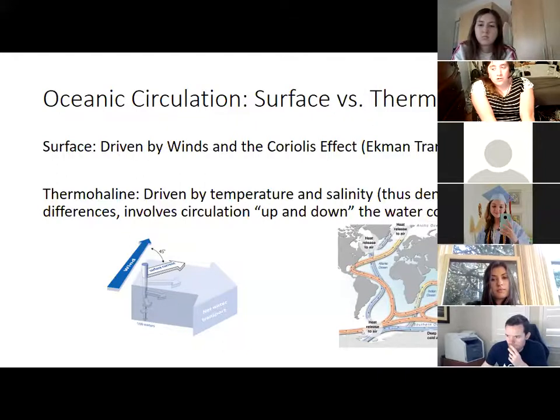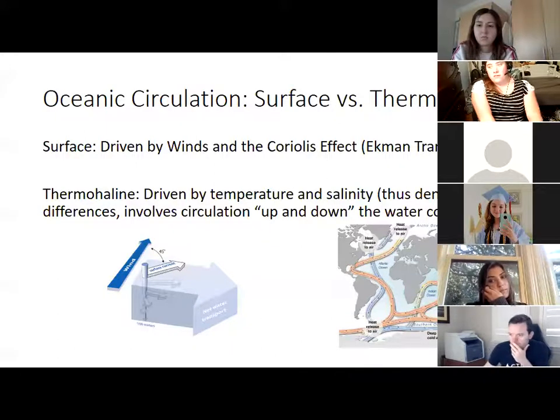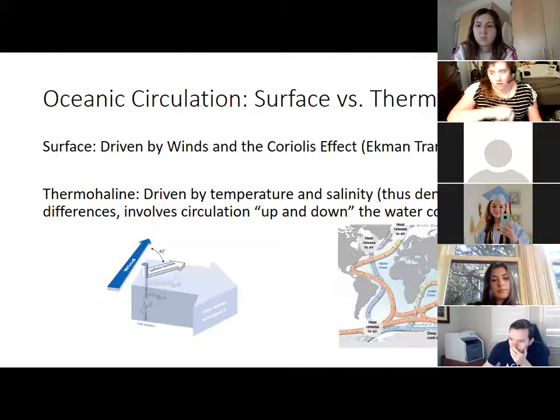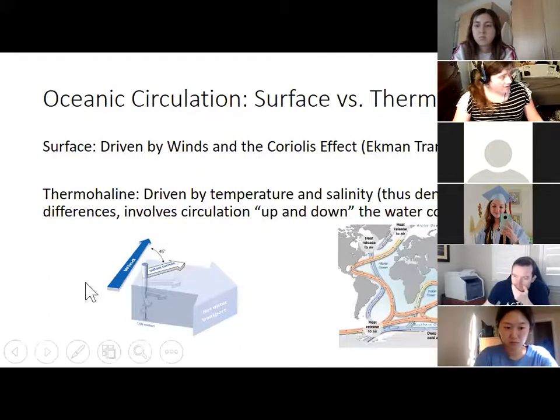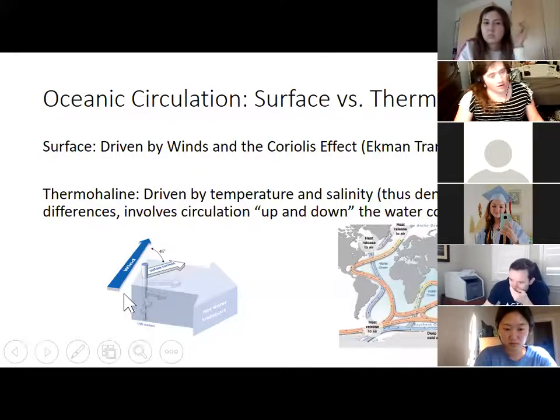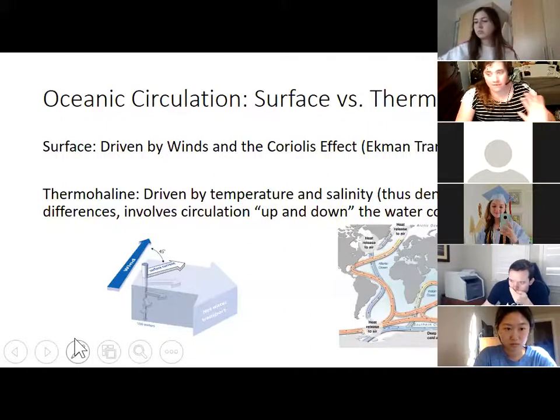Ekman transport drives me crazy in that there's a very strong urge to see something that says, oh, this is the wind direction, and be like, oh, I have to put the Coriolis effect in. And no, the Coriolis effect is getting brought up because the wind has presumably been deflected by the Coriolis effect already, and this arrow showing wind direction here is the actual direction of wind, and we are presuming that we have already dealt with the Coriolis effect on the wind.